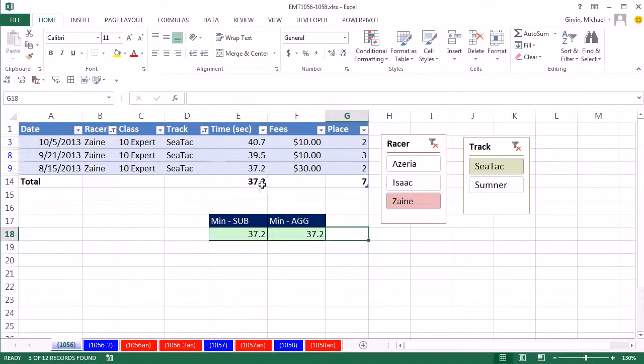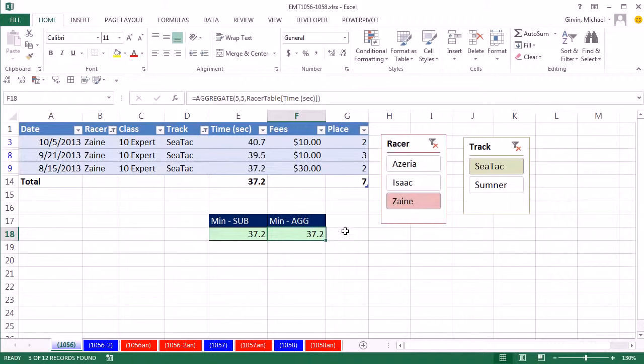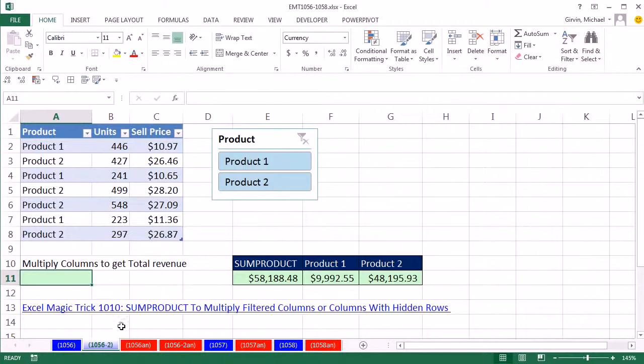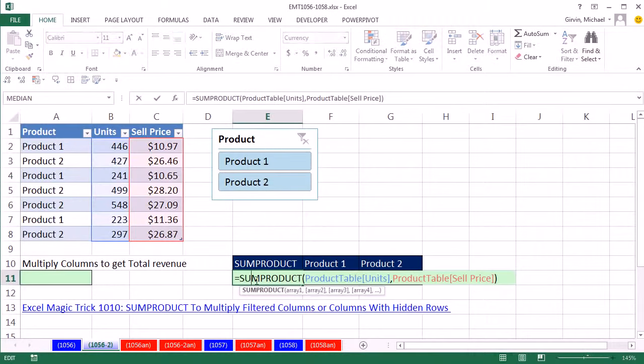So we saw total row, subtotal, and aggregate. They all respect slicers. Now let's go look at a fourth example with a totally different formula over on 1056-2. Now in Excel Magic Trick 1010, I showed you this awesome trick. We need to multiply 2 columns to get the total revenue. So we use SUMPRODUCT, which takes column 1, column 2, multiplies the respective elements, and then adds to get